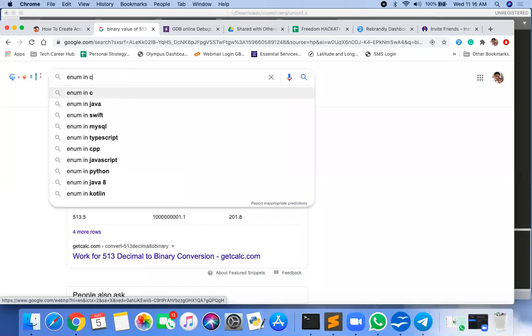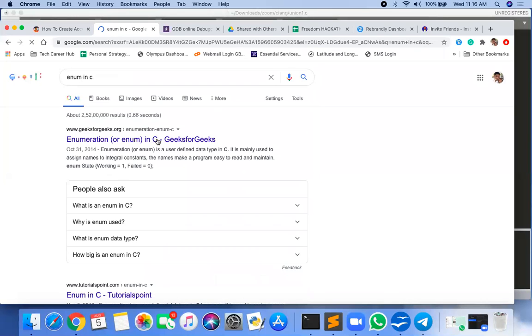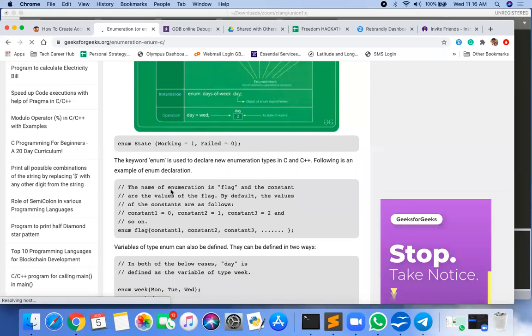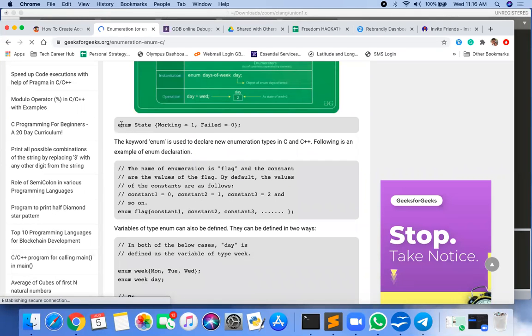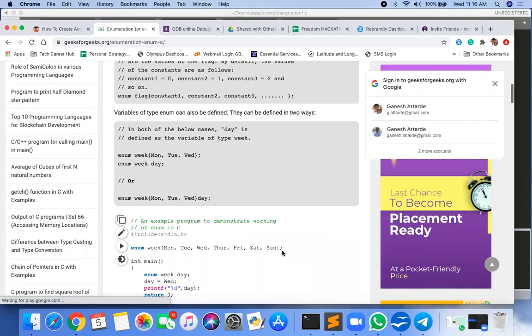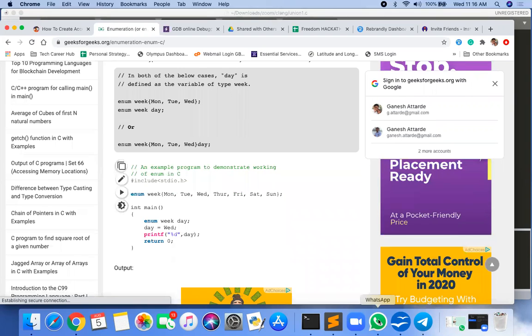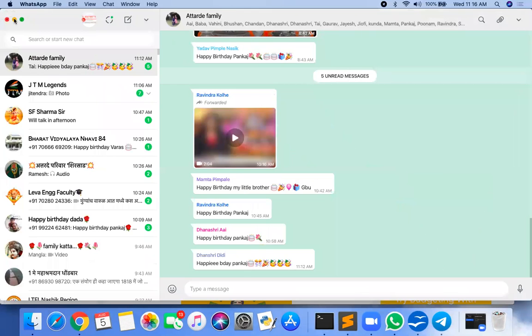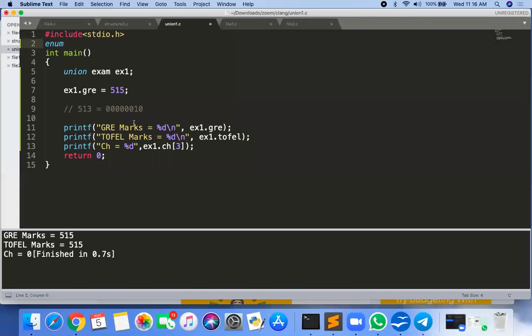Enum in C. Okay, so enum can be created by using the keyword enum, and then after that the name of that enumeration, and then inside it what are the tags of the enum that we are creating. What is the use of enum we will see.